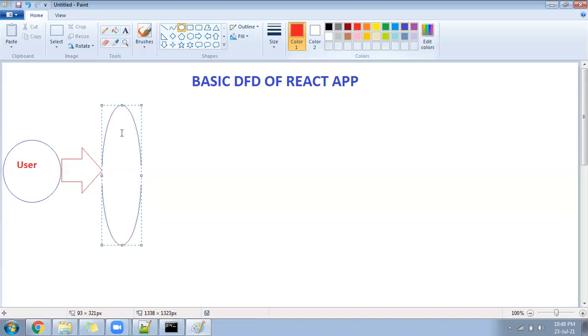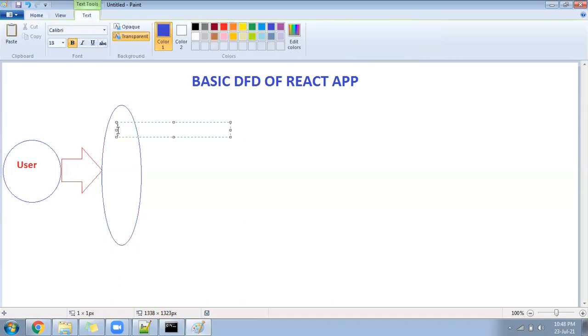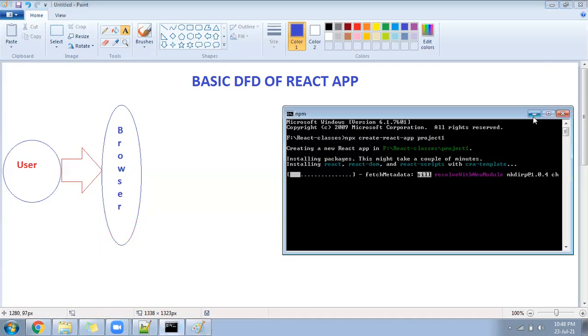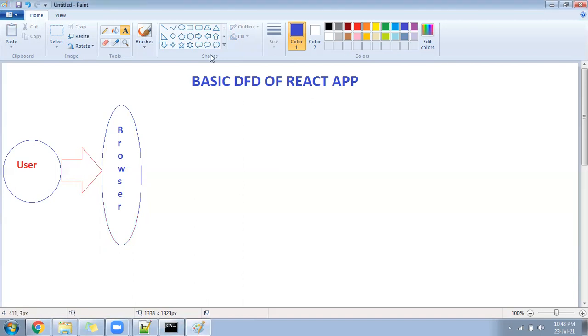Let me write here browser as well. It can be your Mozilla, it can be Chrome, it can be IE, it can be any browser. Now the browser interaction will happen to an application, and that application is developed using React.